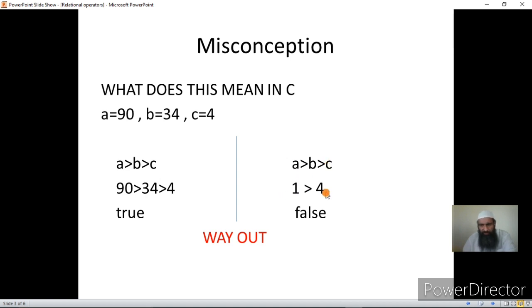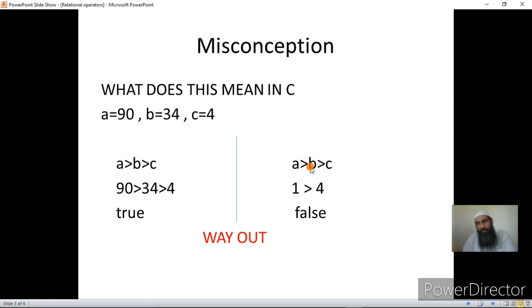Then what is the value of C? That is 4. So the result will be placed here in this place, because this operation has been done. That is, A has been compared with B, and it has been determined by the CPU or ALU that A is greater than B. So how does it communicate the result? It generates a value 1 to indicate that the result is positive, because A's value is greater than B. Now 1 will be compared with 4, so it takes a different turn. This we use in mathematics, and we understand it like this, but this has a different meaning in C, and it will be treated like this.